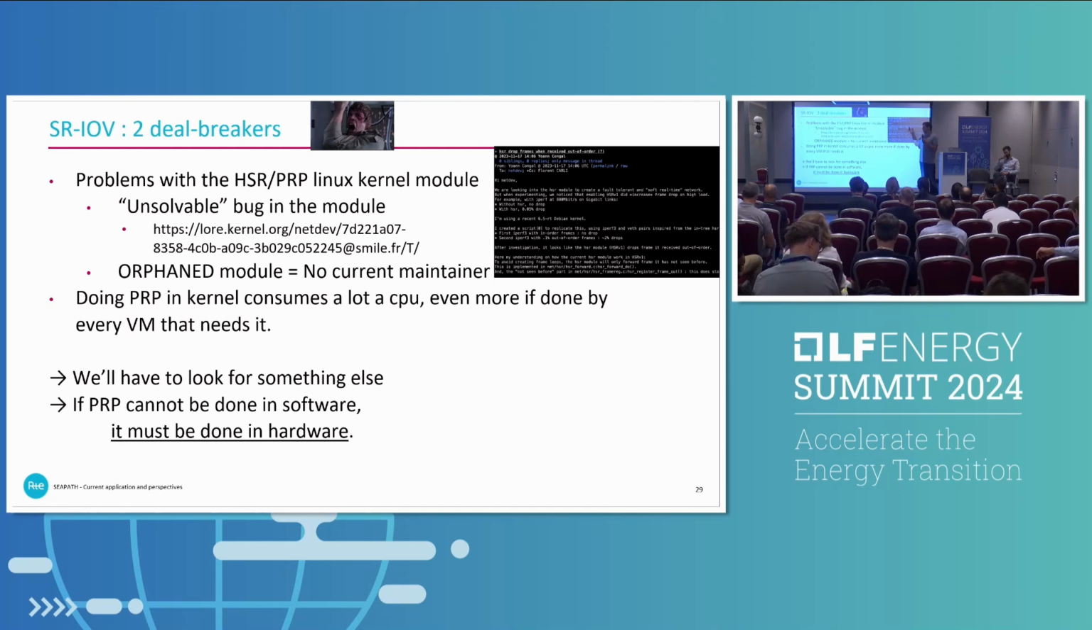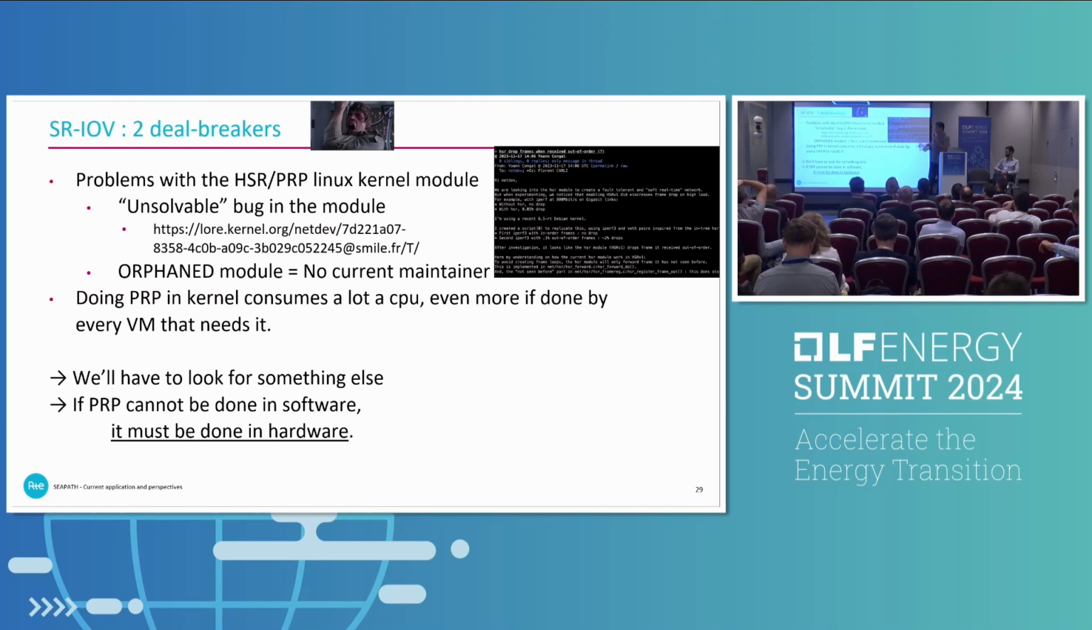We sent an email to the netdev, the network development mailing list of the kernel. We had no answer, and basically it's because this module is also orphaned. There is no active development maintainer. The problem we have with it is very deep in this architecture. It will have to be redone completely, basically. So we found it would not be a very good idea to use this kernel module in production, and it